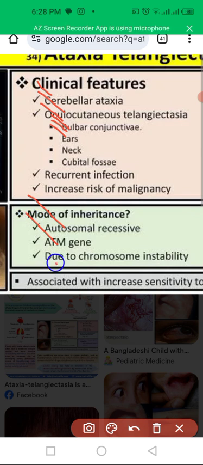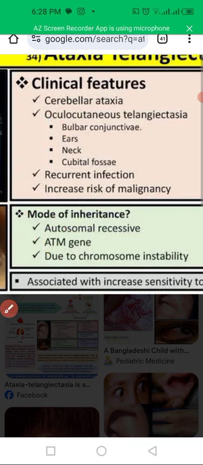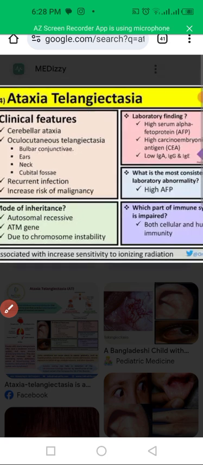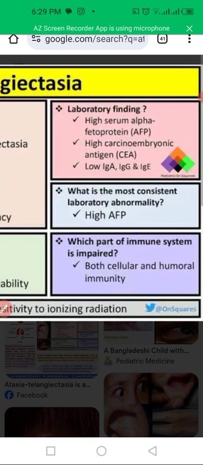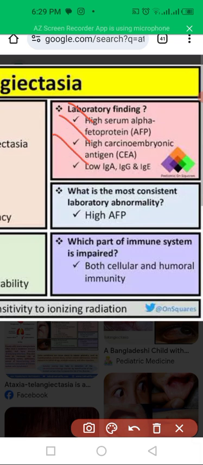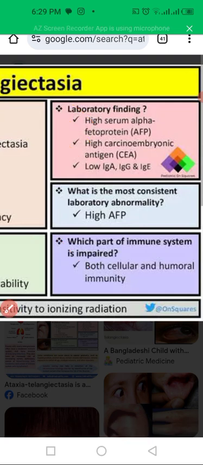The ATM gene is involved in this chromosomal instability, and it is associated with increased sensitivity to ionizing radiation. How can we find this condition? High serum alpha-fetoprotein will be there, high carcinoembryonic antigen will be there, and low IgA and IgG will be there. So both cellular and humoral immunity are involved in this condition, and